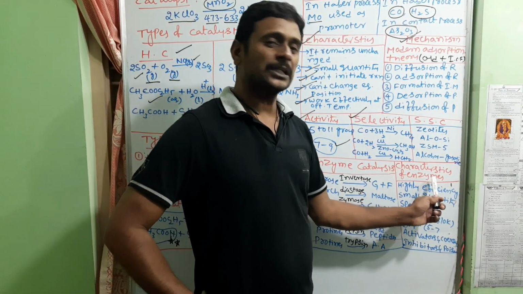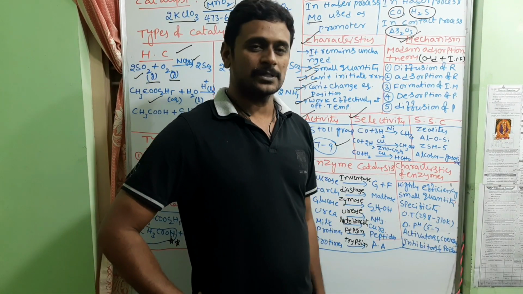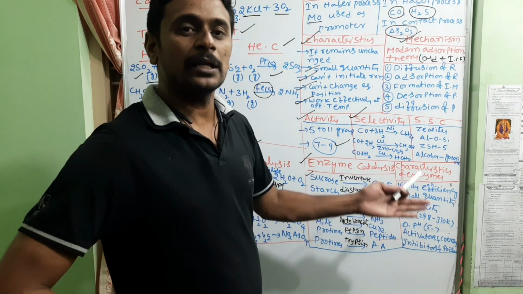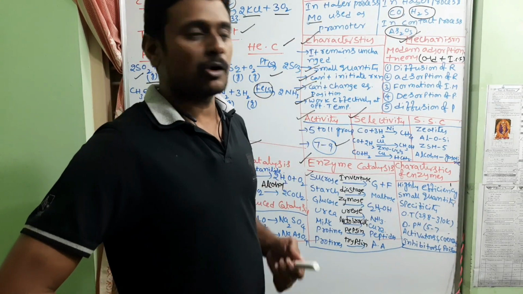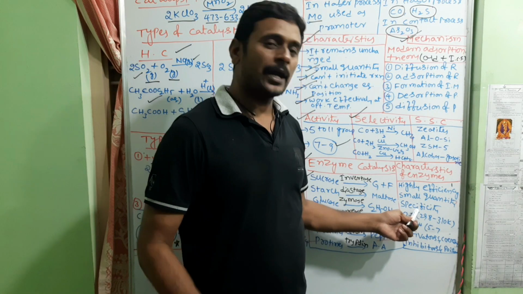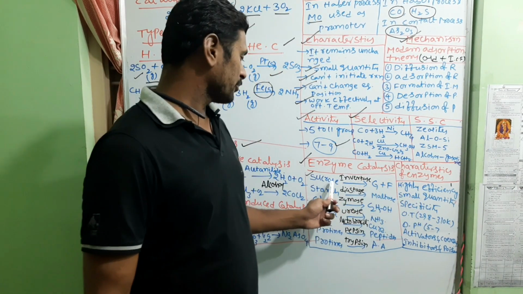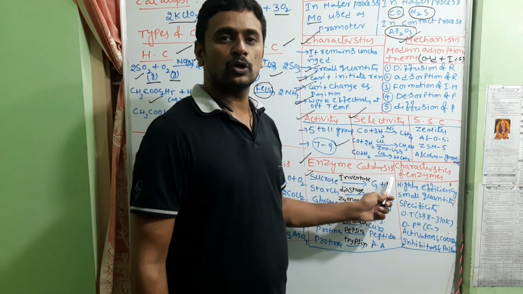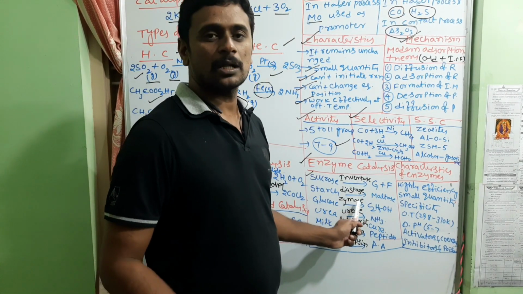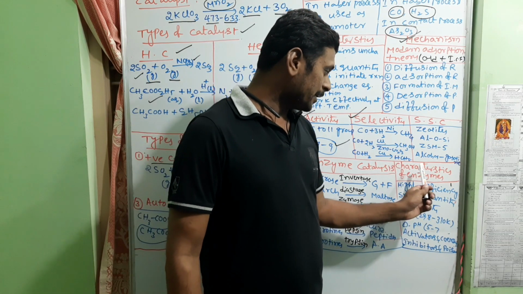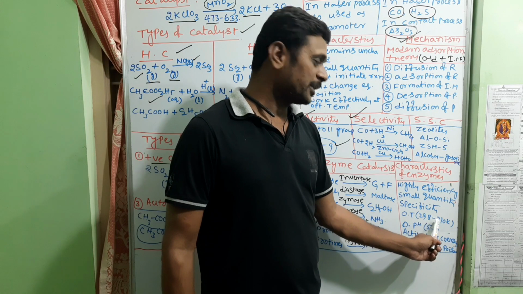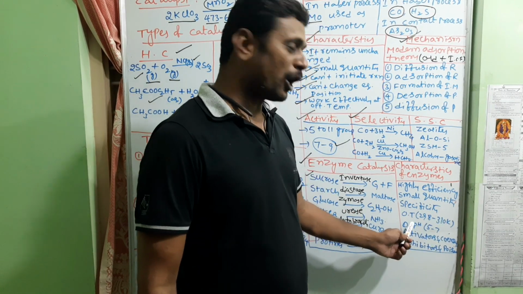Now finally, coming to the characteristics of enzymes. They are highly efficient, just like inorganic catalysts. Next, a small quantity is enough, and they are highly specific. For example, in the conversion of sucrose into glucose and fructose, invertase is the only suitable one, not diastase or zymase. And these enzymes work effectively at optimum temperature, that is 298 to 310 Kelvin, and optimum pH